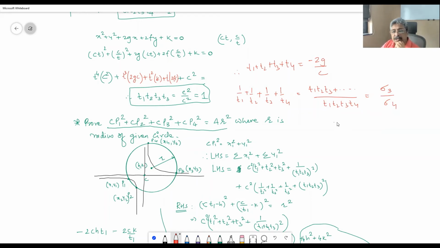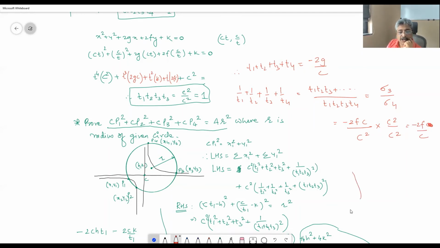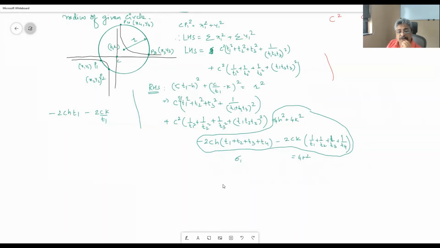So with minus sign it is equal to minus 2fc upon sigma 4, which is c square, जाणार दोन्हीकडचं, and sigma 3 is this upon c square into c square upon c square, which is equal to minus 2f upon c. Those are the only two terms. Okay, and if we substitute those values back into our equation,